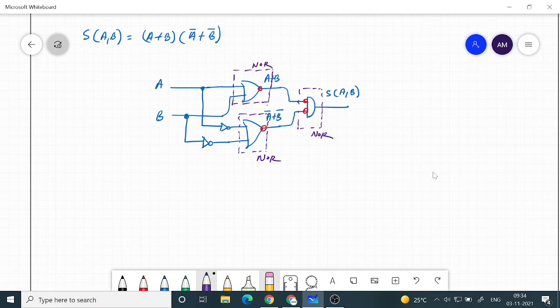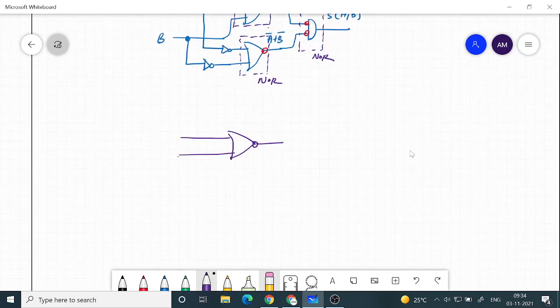So now all you need to do is express everything in terms of NOR gate. So you have a NOR gate here, then you need to make a complement, so you need a NOR gate there.